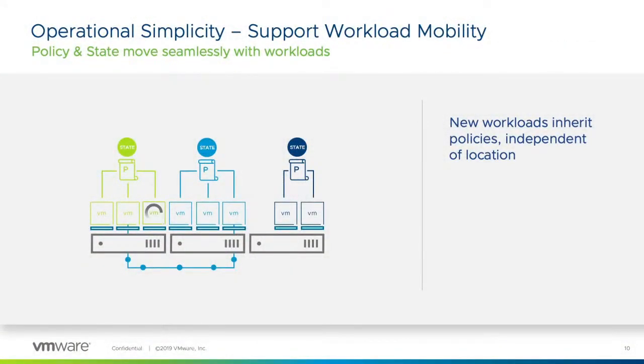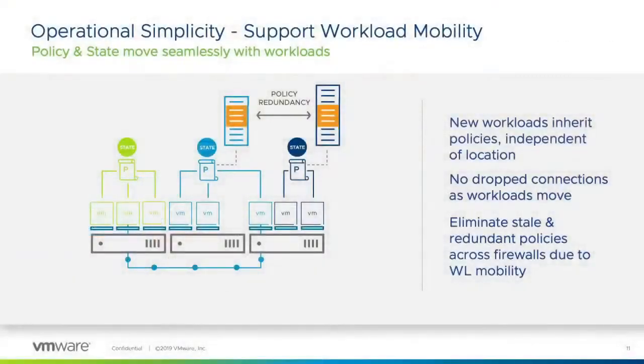So finally, with the NSX Distributed IDS, we get automation and operational simplicity because we're tightly tied to the application workload and life cycle. So the task of managing the IDS inspection profiles becomes much easier. If a new workload is created, it inherits the same security policy and signatures as its security group. When those applications move from one host to another, their policies move with them, so you don't get any redundant policies. Even when the workloads are deleted, the policies themselves are removed, so we don't have any stale policies